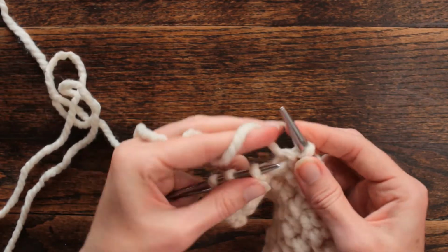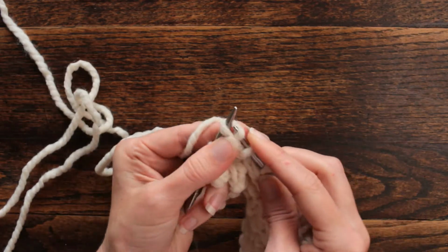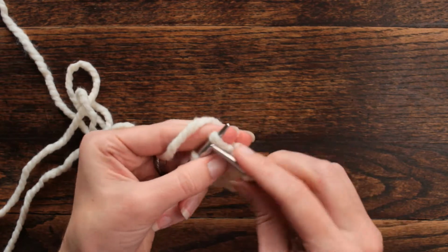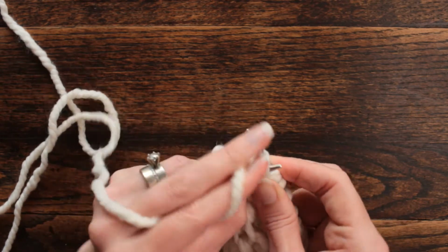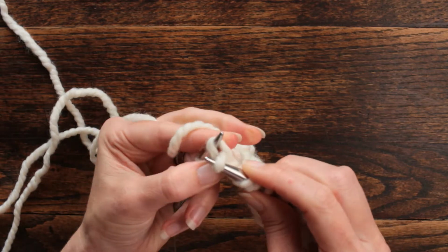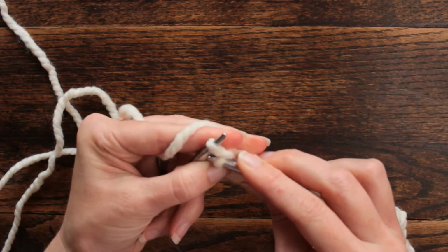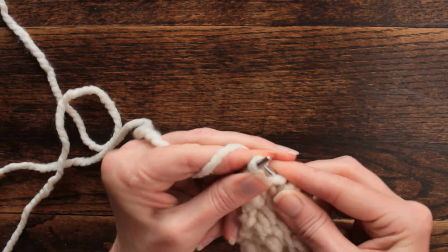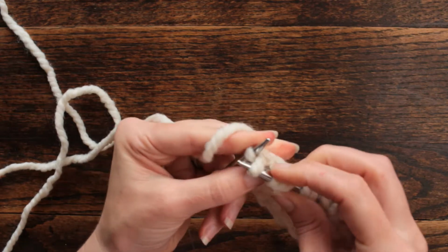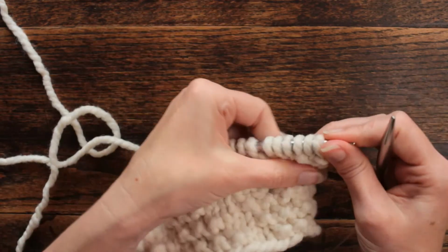and then we're going to knit into the front and back of these 3 stitches. Front and back, and front and back, and front and back. And you really kind of have to hold that stitch on there, so it just wants to slide off. All right, so now when we turn to the front of the work,